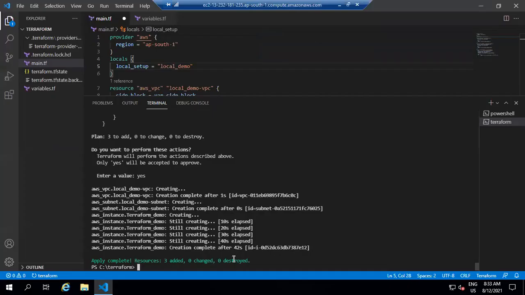So now before we go to the next point, I will destroy all these resources. So terraform destroy.